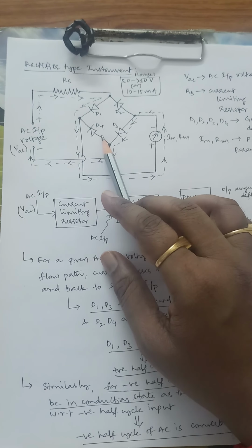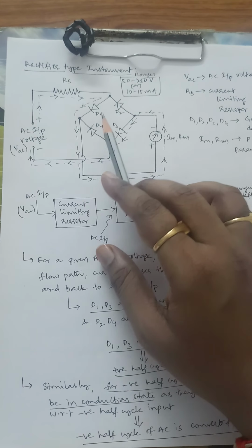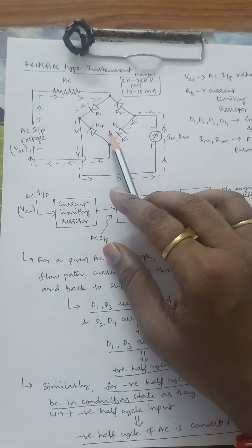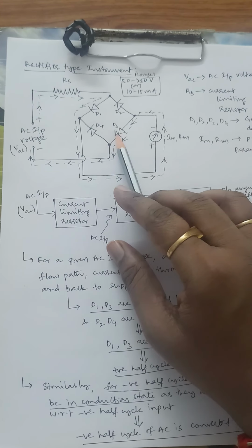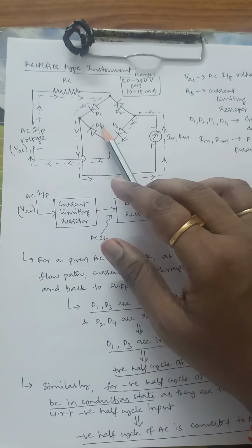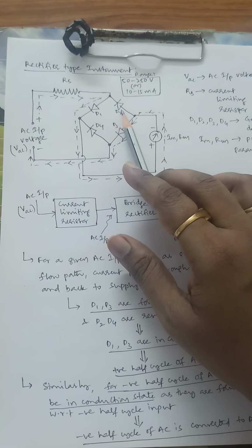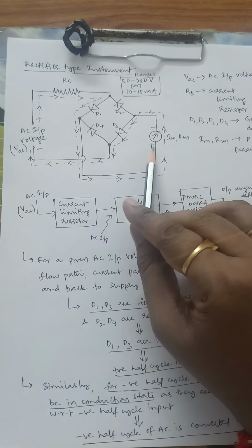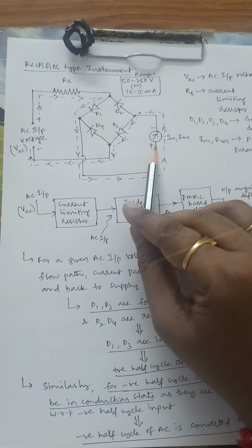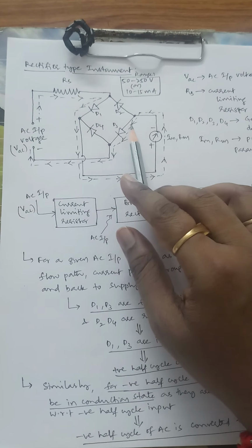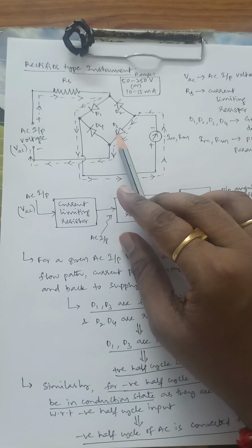The positive half cycle of AC is being converted to DC by using D1 and D3. The negative half cycle of AC is being converted to DC by using D2 and D4. So this has to be remembered, and accordingly the PMMC is going to record the values. Usually, whatever AC is converted to DC, that DC will be in the form of